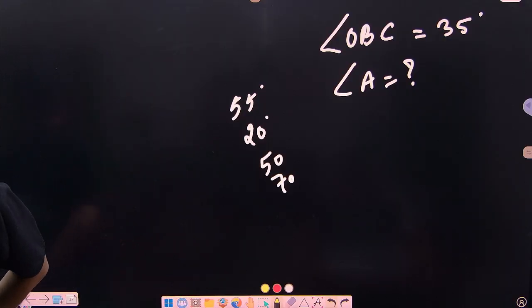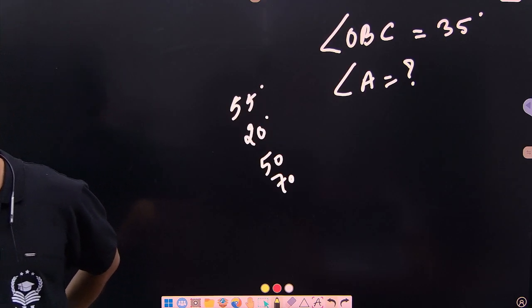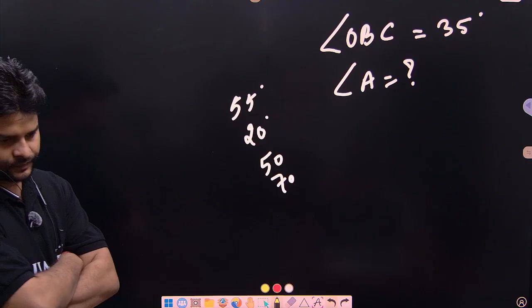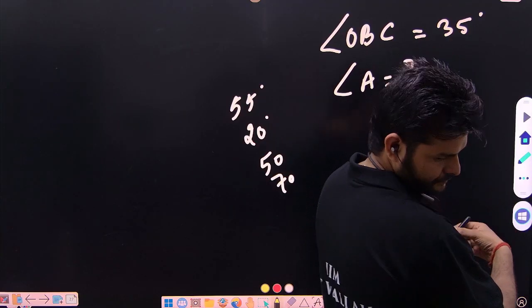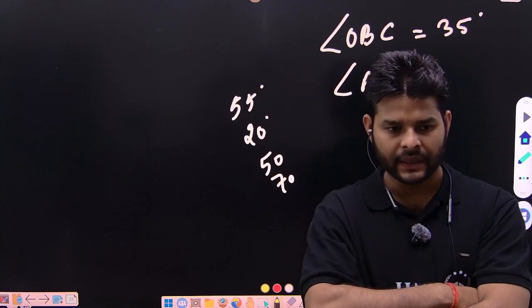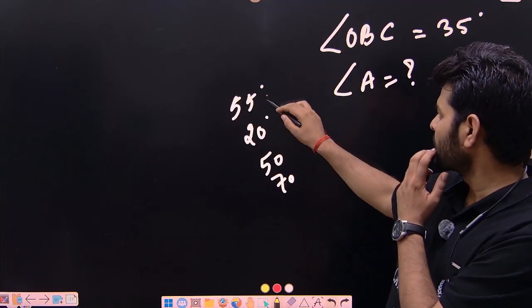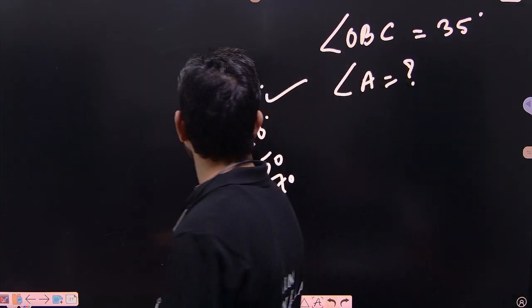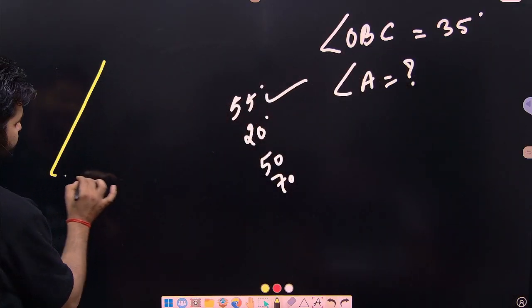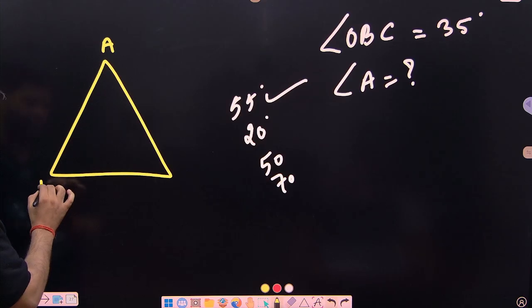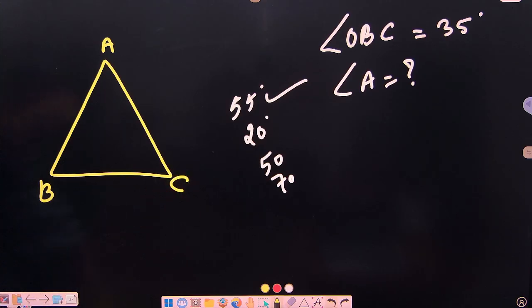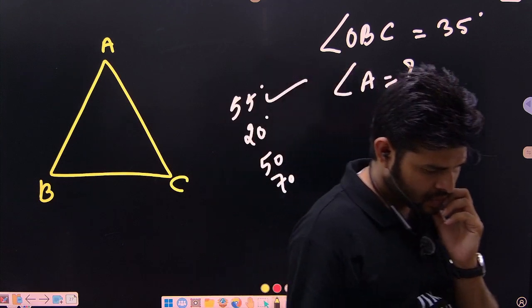The same property we are going to be discussing in the chapter when we will discuss circle. Take your time. 55, exactly, 55, correct. How can we solve? So what have we been given? A triangle ABC, guys, a triangle ABC, and we have been given that O is the center.